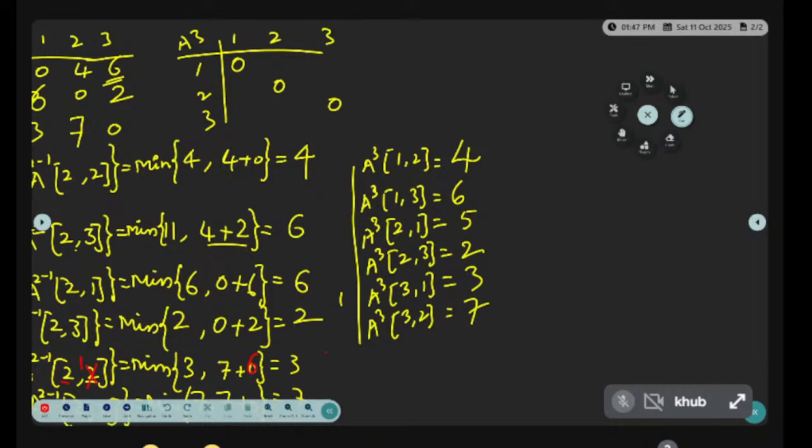So it is 1 comma 2 4, it is 6, 2 comma 1 it is 5, 2 comma 3 it is 3, it is 7. What is the updated value? The previously